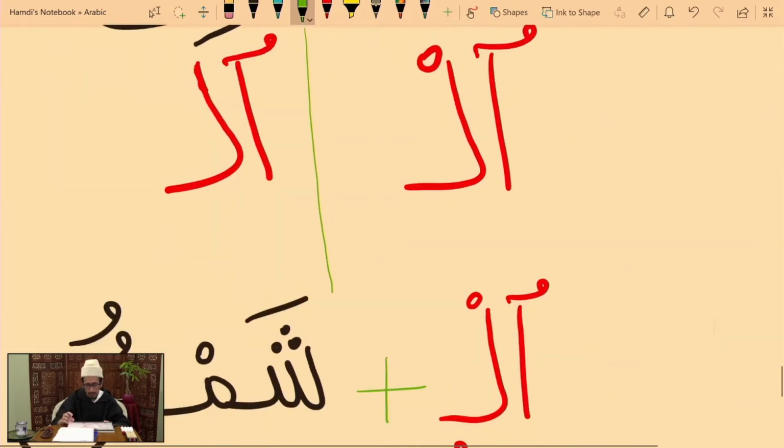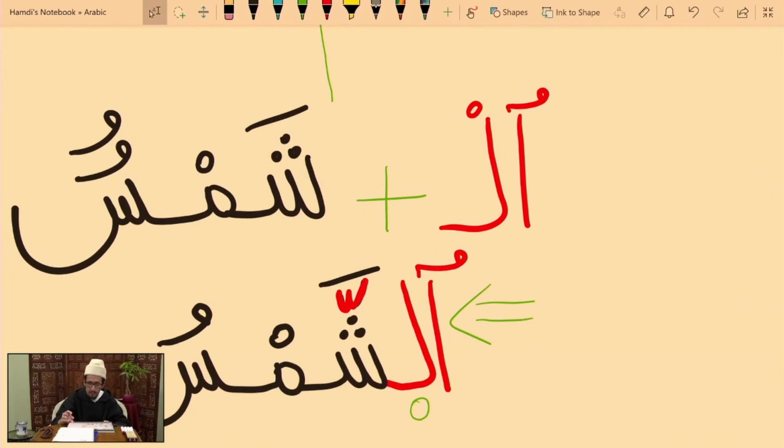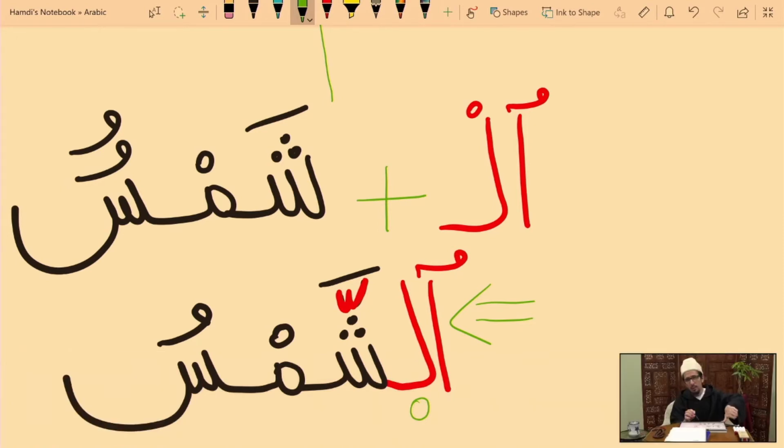But for this one, it's quite different. Al plus shamsun, the same phenomenon at the end, absolutely, because there is the article of definition. We take off the sign that makes the word indefinite, which is the double movement. We take off one of them, but we don't have a sukoon on the top, and we have a shadda on the top of the first letter of the noun. And we say ash-shamsu,